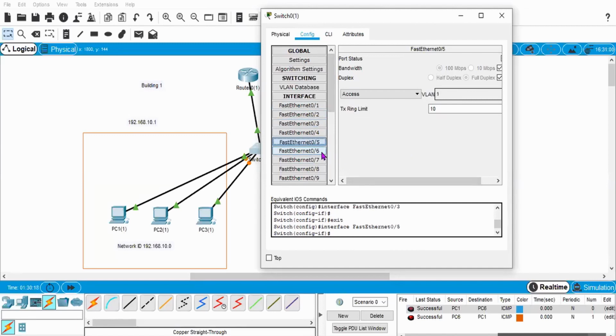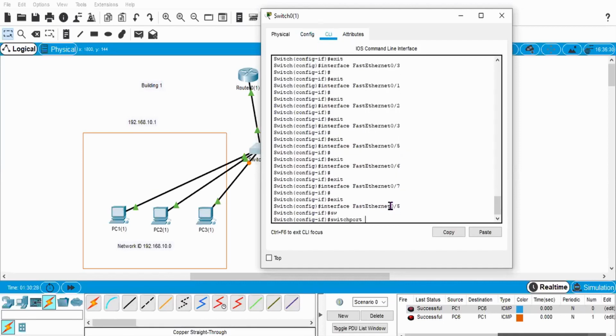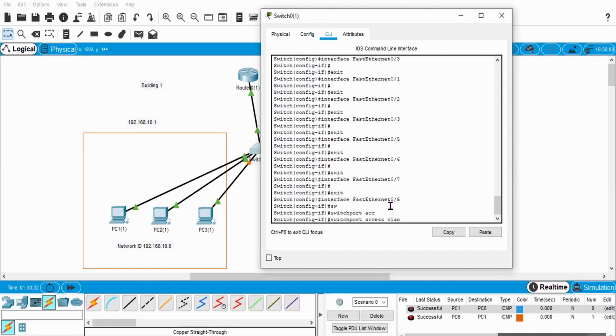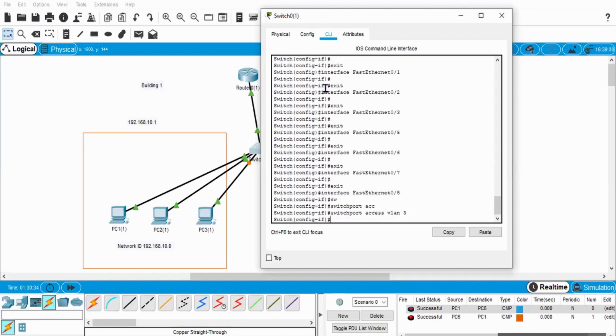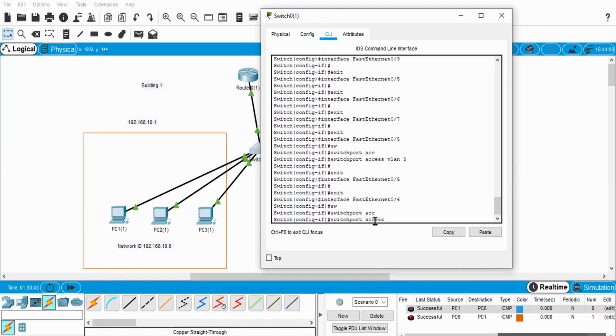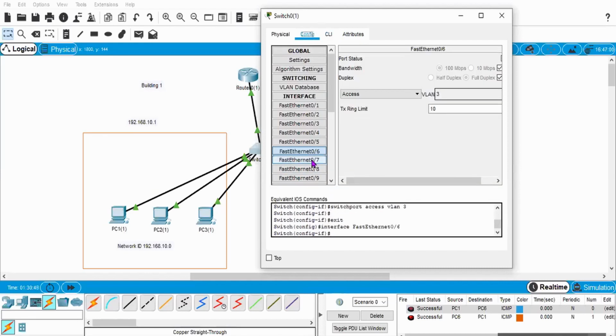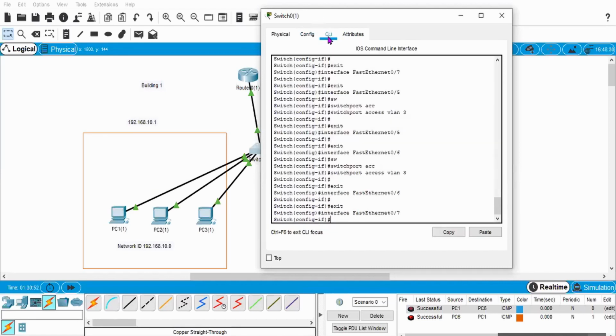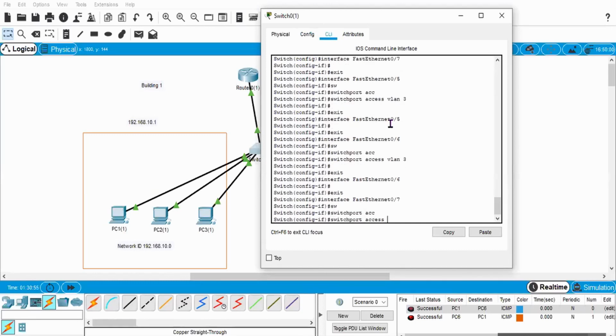And now I need to give port 5, port 6 and port 7 to VLAN number 3. Okay, so I will start with port 5 and switchport access VLAN 3, and port 6 switchport access VLAN 3, and switchport access VLAN 3.